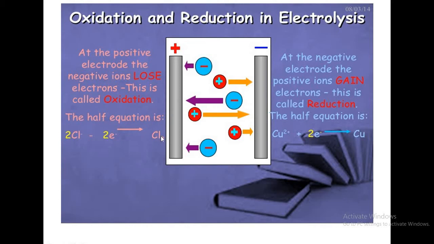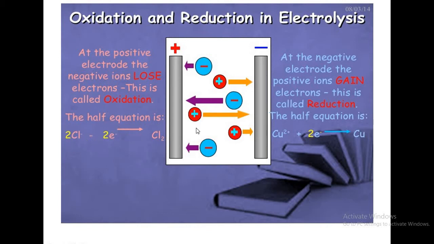And if you are writing it on the right hand side of the arrow as a product, then you will write it with the plus sign, like the addition sign, because you are showing the electron being formed as a product, along with the neutral atom, whatever the ion is getting discharged to. So here in this equation, we have shown it on the left hand side. That's why we are using the minus sign here, this negative sign. So this is the half